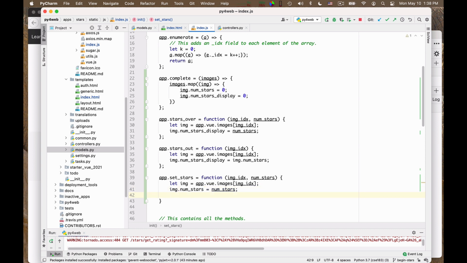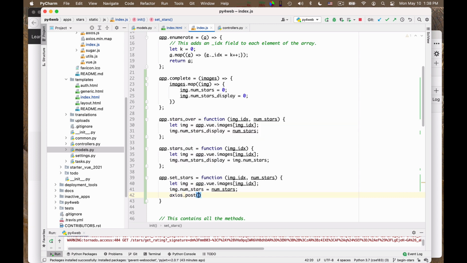The problem is that now we actually need to also set the rating in the controller. So we need to communicate the new rating to the controller. To this end, I say Axios post.